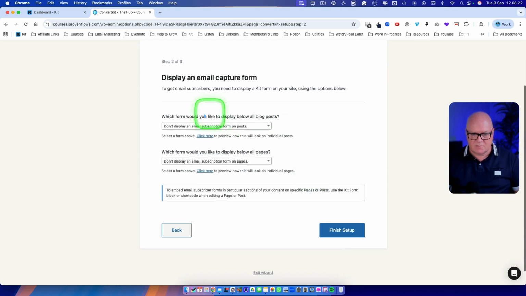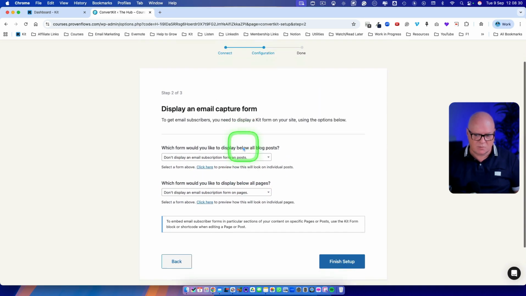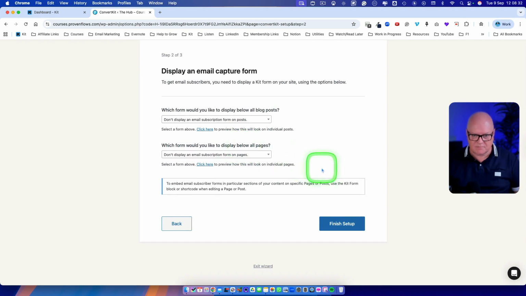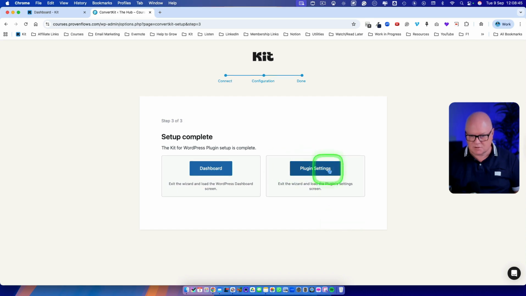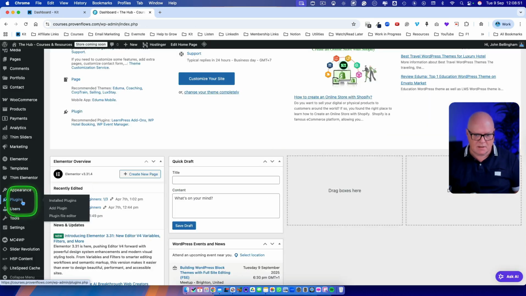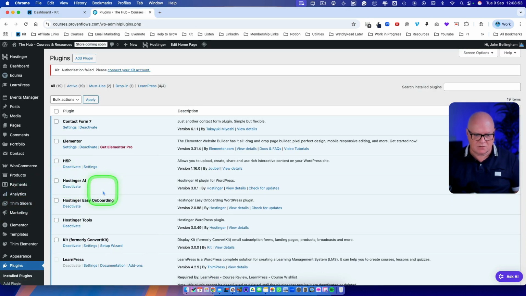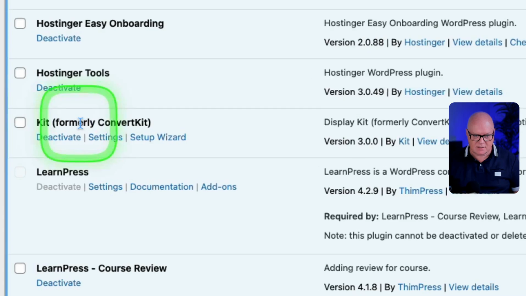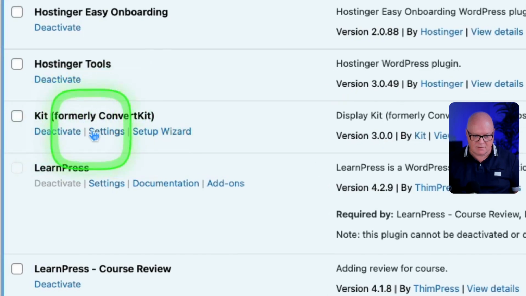and then it says here, which form would you like to display below all blog posts, and which form would you like to display below all pages? To be honest, I would just leave those as the default at the moment, because you can go back and change them at any time. And then I'm going to click finish setup. I'll go to the dashboard, and I'm going to plugins, and if I scroll down to here, you'll see this one here, Kit, formerly ConvertKit, and it's got this link here that says settings. Click on that,